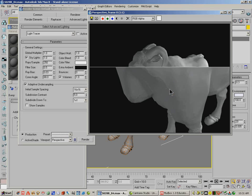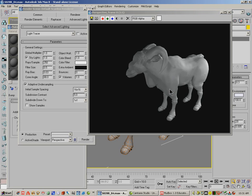So we'll render our goat one more time, and that's our normal map setting. So render it as object space, and you can put your little goat there in object space. And for most needs, object space will work